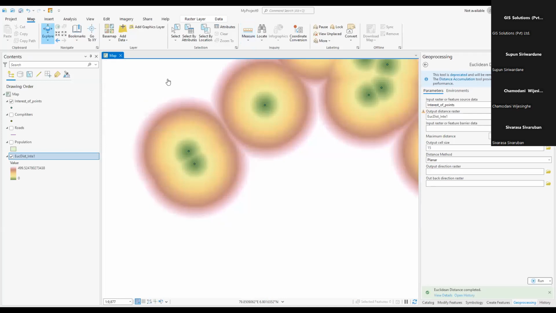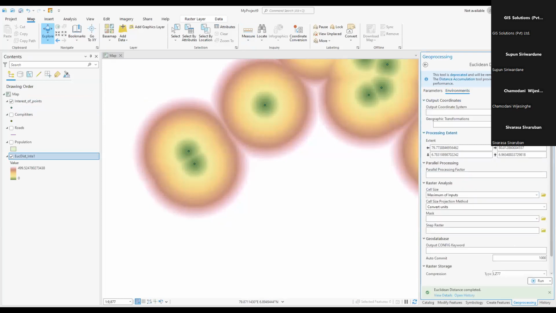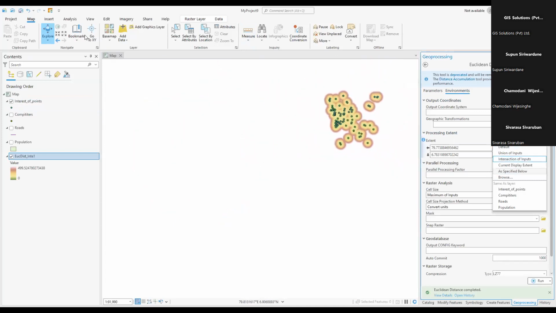So likewise, I'm going to do the competitor. My output name, I'm going to give it competitor. Yeah, competitor. I keep the default one,